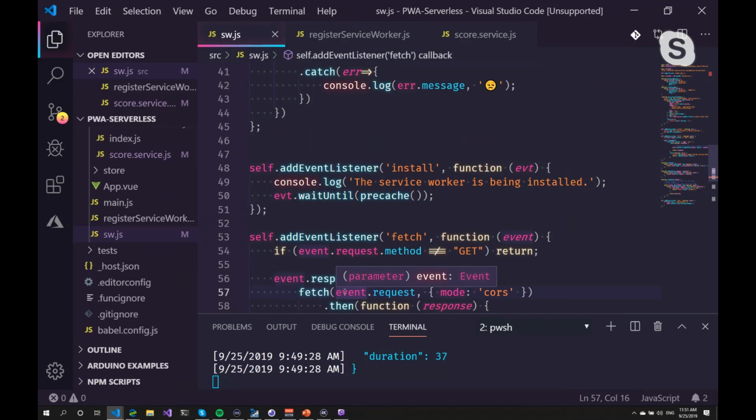So when there's no internet connection available, you're offline, the service worker knows that you are offline and can return the data from the cache. So the website keeps on working as normal, although there is no internet connection, which I'm going to demonstrate.